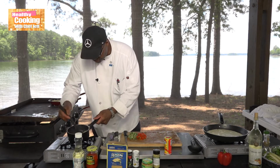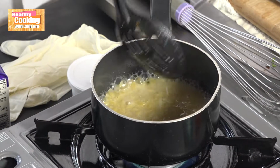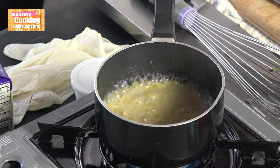And that pasta, it began to get where it needs to be. All the starch began to come out of it. I may need to add just a little bit more water to it, because once I add this and this to that,